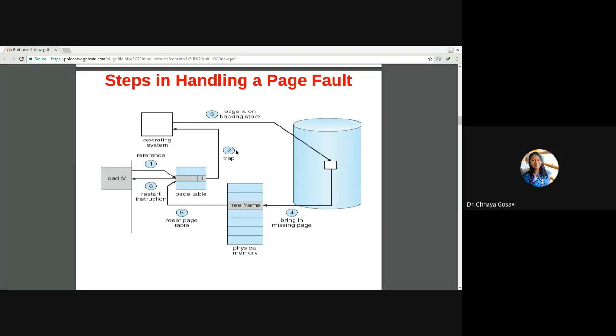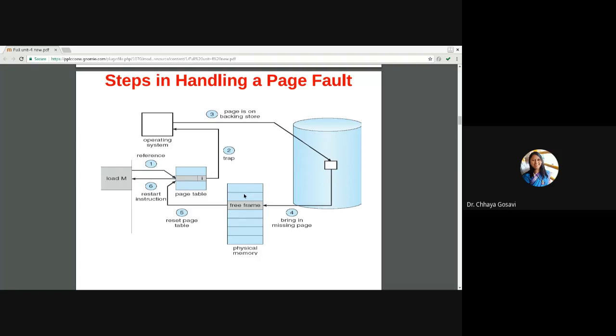So it is trapped by the operating system. Now the operating system checks whether that page is in backstore. Yes, that page is present in backstore. Then it has to search main memory: is there a free frame? If a free frame is there, no problem.